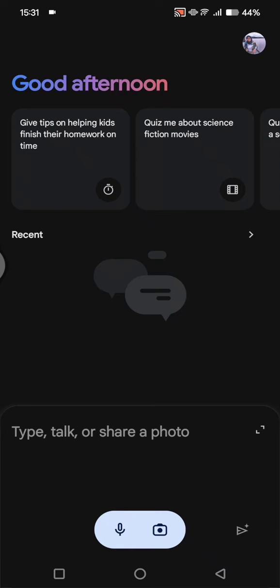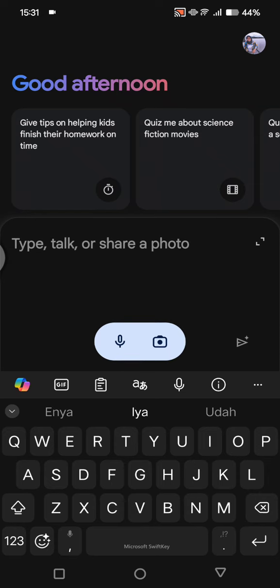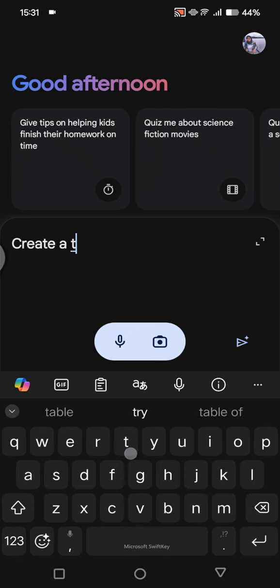On today's tutorial, I'm going to show you how you can create a to-do list in a flash using the Google Gemini. So in here, I've already opened the Google Gemini app, and you can start by clicking on the chat box in here and then just write the instruction. So for example, create a to-do list